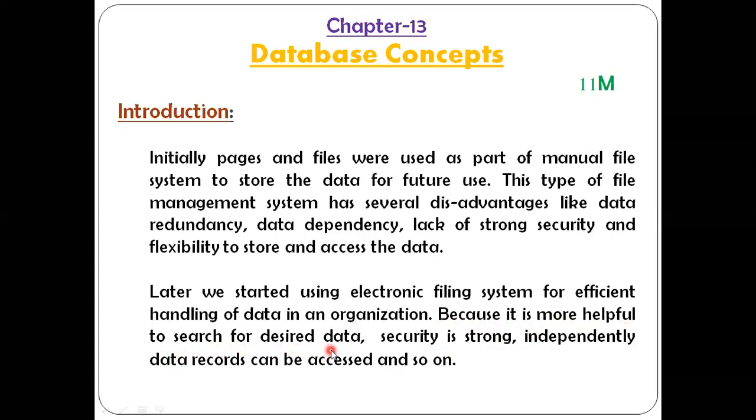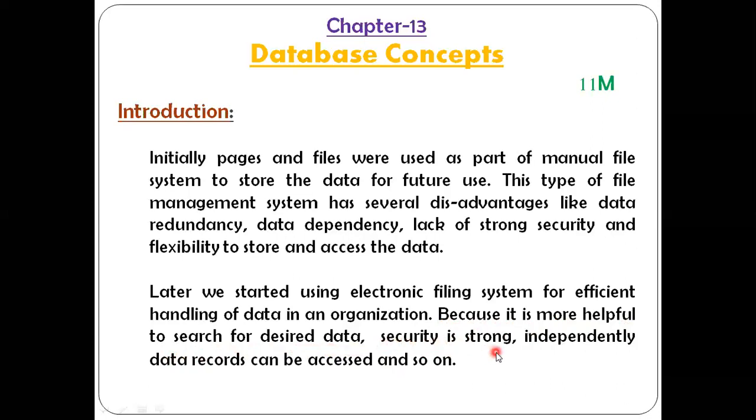Whatever data you want, you can easily access, the first one or the last one. Whichever data the user wants, they may access immediately without taking too much time. Hardly a couple of minutes.